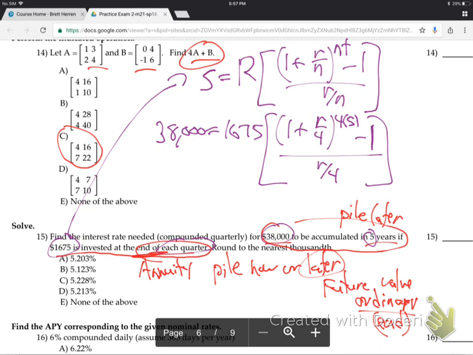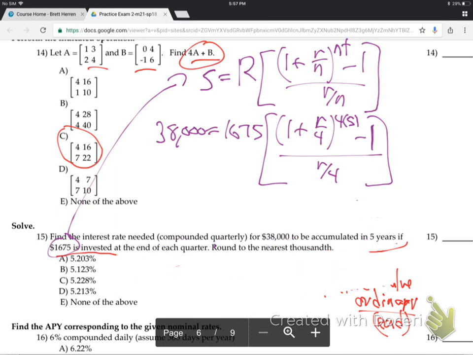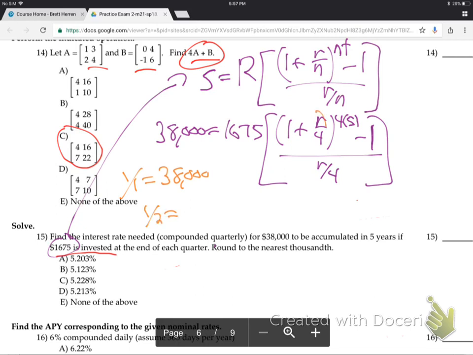We're supposed to solve that equation for the R. Now, that's super tricky. No way to do that other than the graphing calculator. So you're going to have to do this one on your graphing calculator. What do I mean by that? Let me get this out of the way and explain a little bit. You're going to have to let Y1 be the left side, 38,000. You're going to have to let Y2, you're going to let this be an X and this be an X, so it'll be